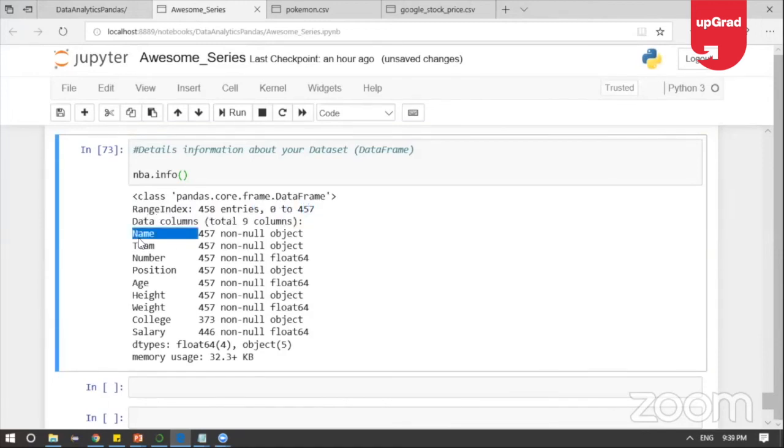So these are the names of the columns. And this is the number of values present in that column, right? This is the number of values present in that column. And sometimes somewhere you will see 373. The reason is because there are nulls,